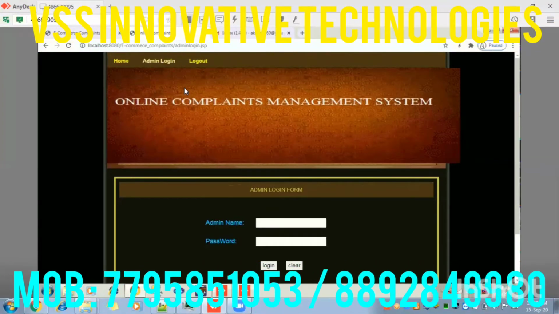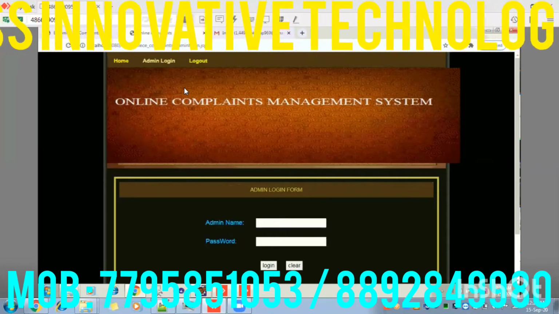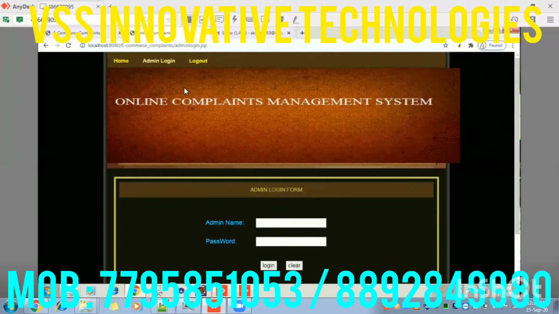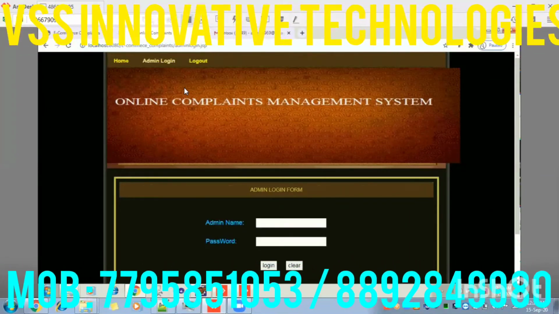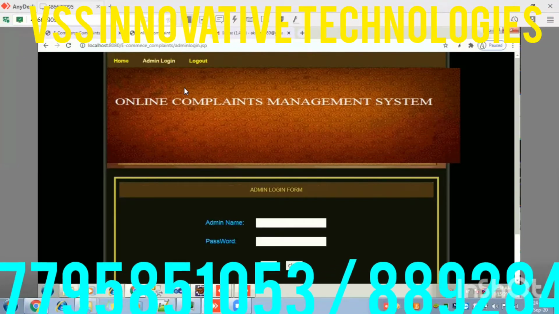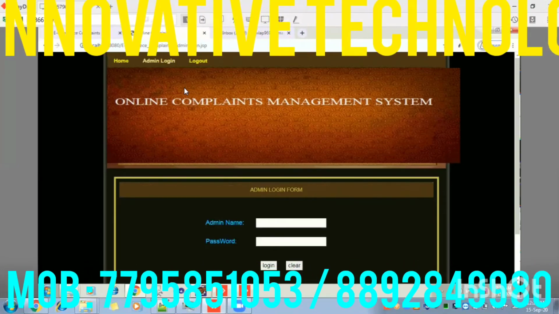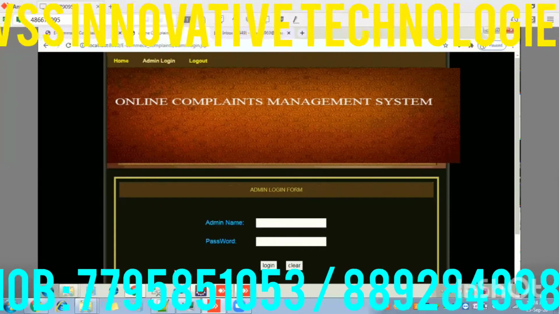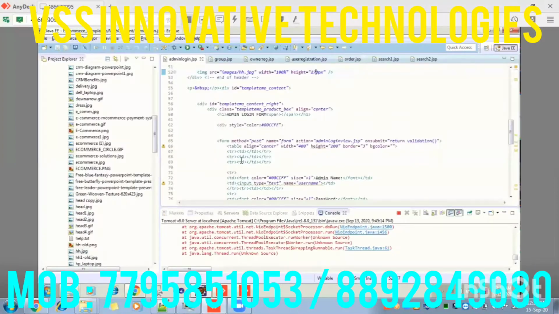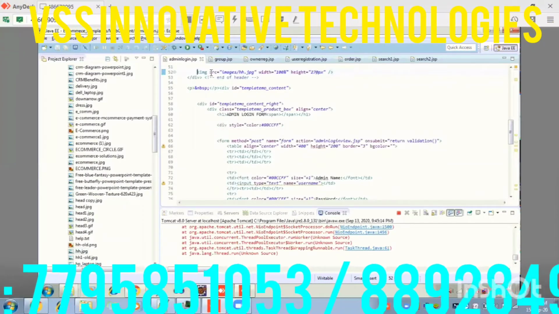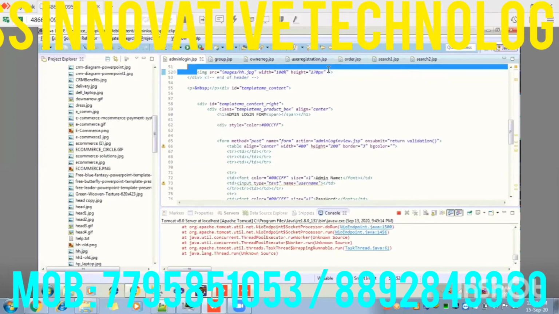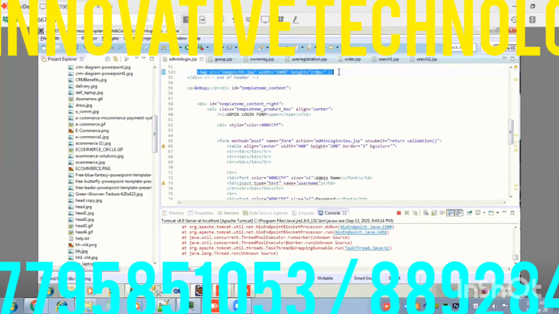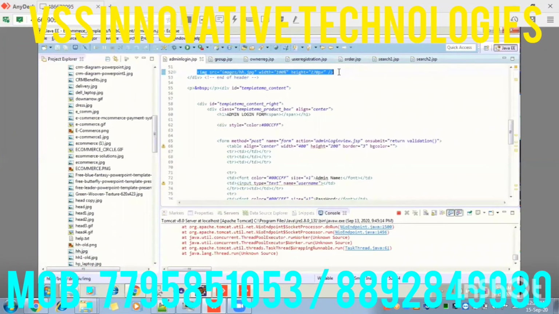If it is coming like that, better what you do, whenever she created the image, she gave less space on the top side and more space at the bottom. So whenever you are creating, try to keep it in the middle. Then this kind of problem won't come. Now understood? See, we changed it from e-commerce complaint to online complaint management system. We did it with only one tag, IMG, src is equal to your image name .jpg, width is equal to, and height is equal to. That's it.